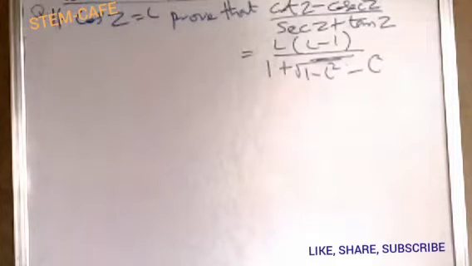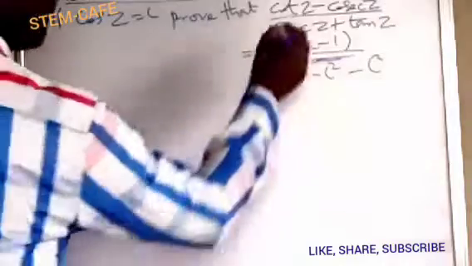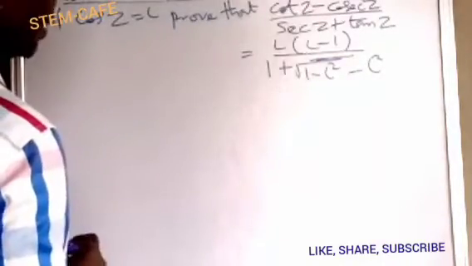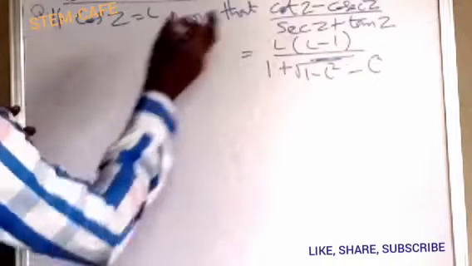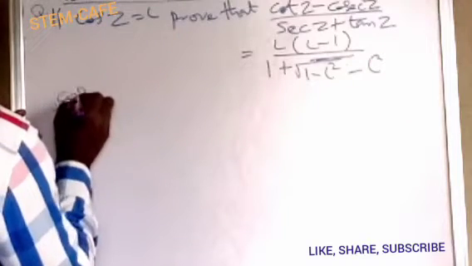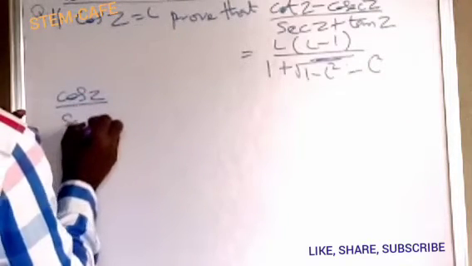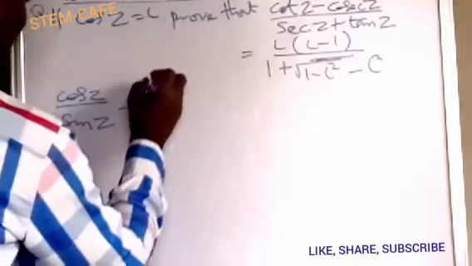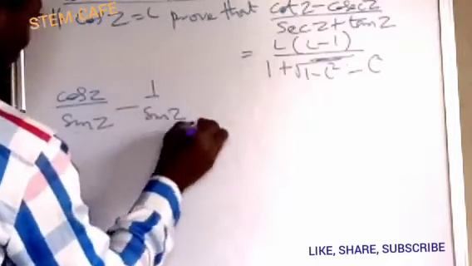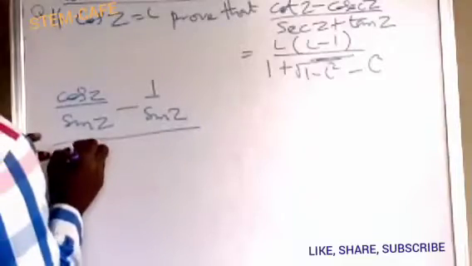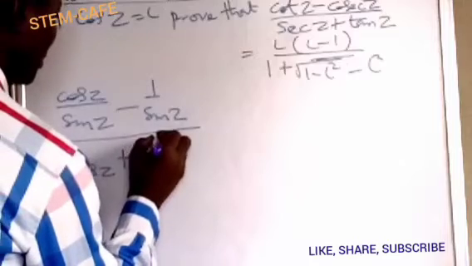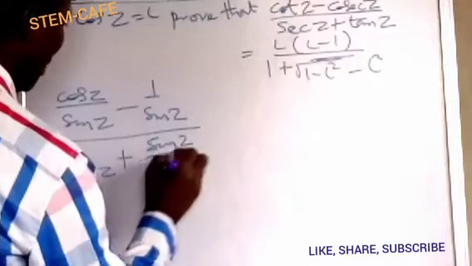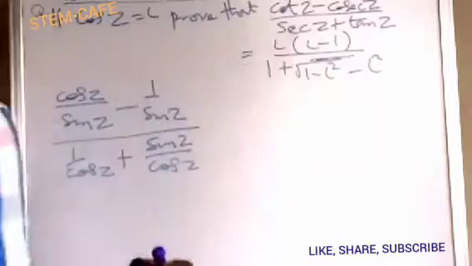If cos z equals L, prove that (cot z minus cosec z) over (sec z plus tan z) equals L into (L minus 1) over (1 plus root of 1 minus L squared minus L squared). So we have cot z is cos z over sin z, cosec z is 1 over sin z, sec z is 1 over cos z, and tan z is sin z over cos z. So we are going to have